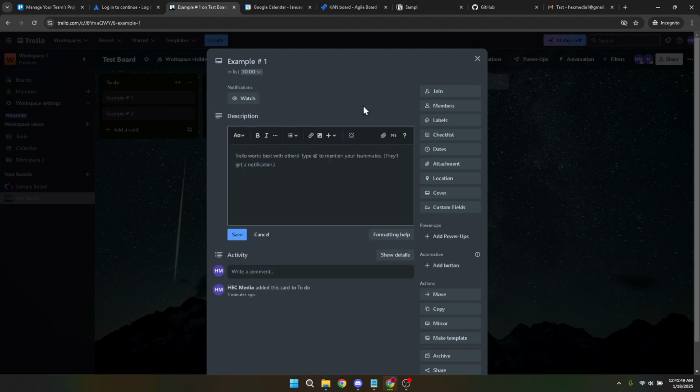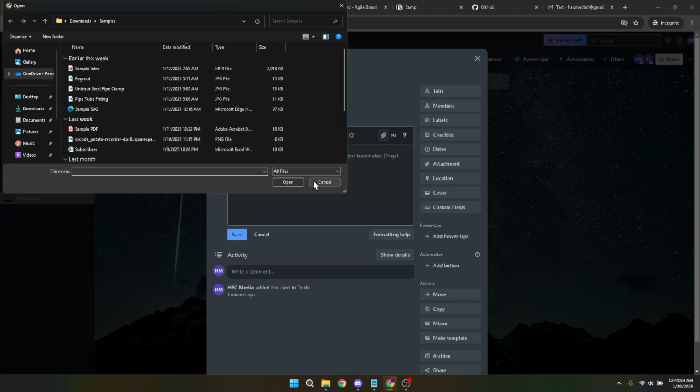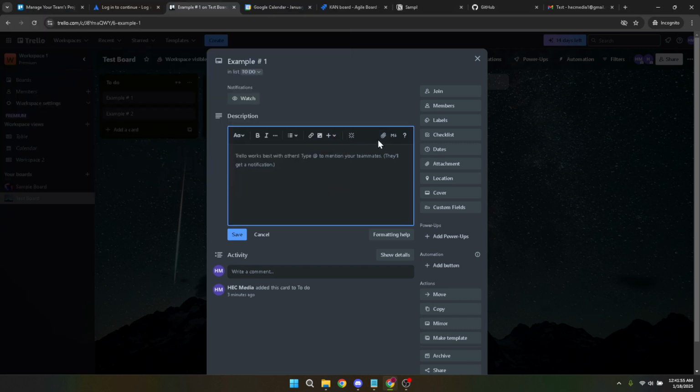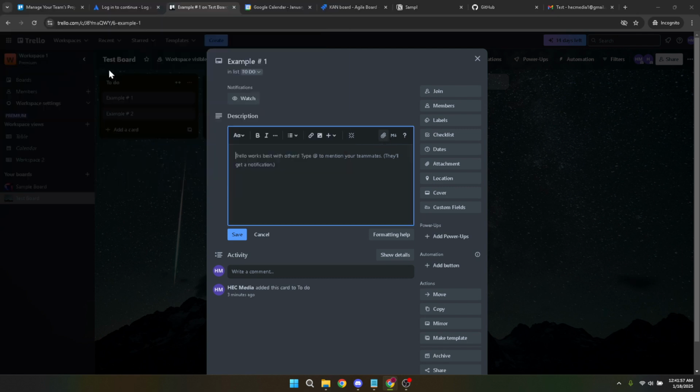You'll see a variety of options, but what you're going to focus on is the paperclip icon. Clicking on this icon will allow you to attach a video file directly from your computer. This is an excellent choice if you have a video stored locally that you want to share. Simply select the video file you want to upload, and Trello will seamlessly integrate it into your card as an